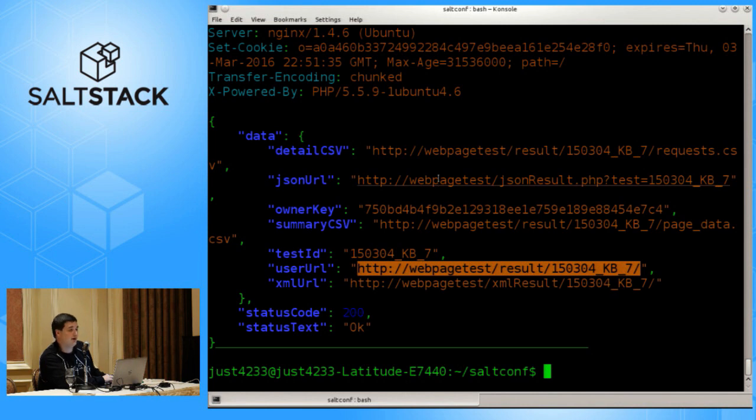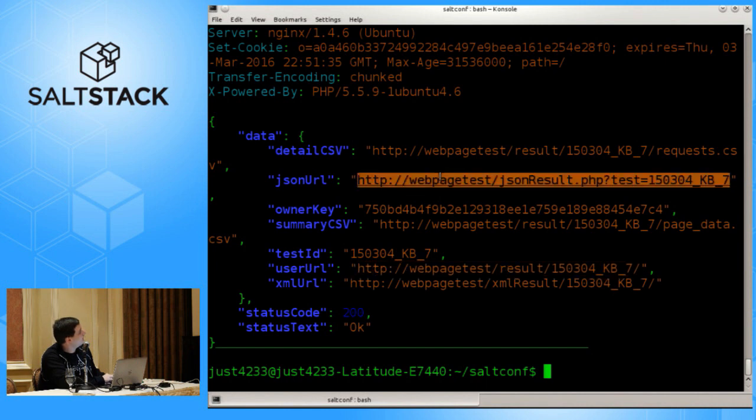If you were, say, integrating with your CI/CD pipeline, you would want something like the JSON URL, so that you could pull metrics and do summaries on, say, given this code commit, how has my performance metrics changed from the last time we ran this? So if we hit this endpoint,